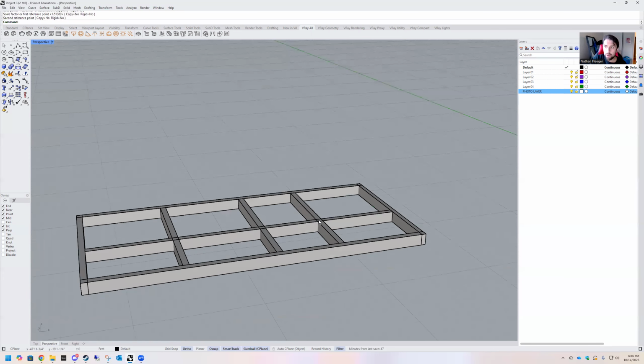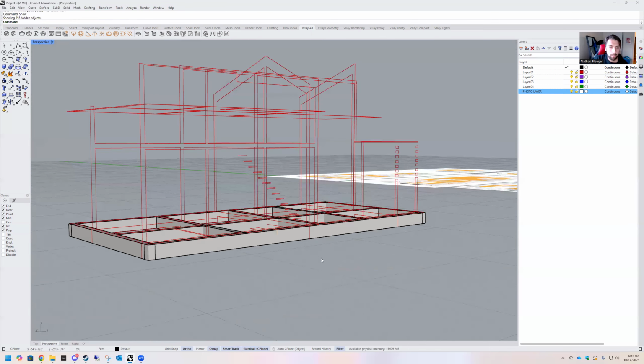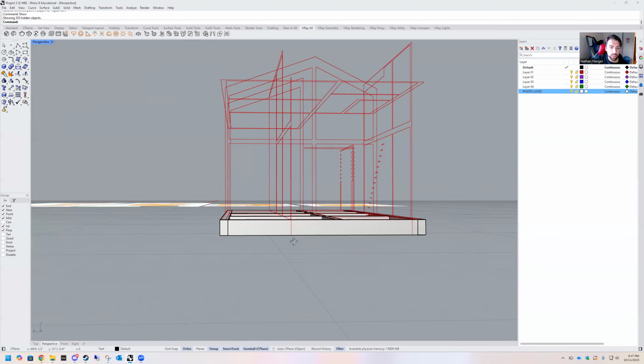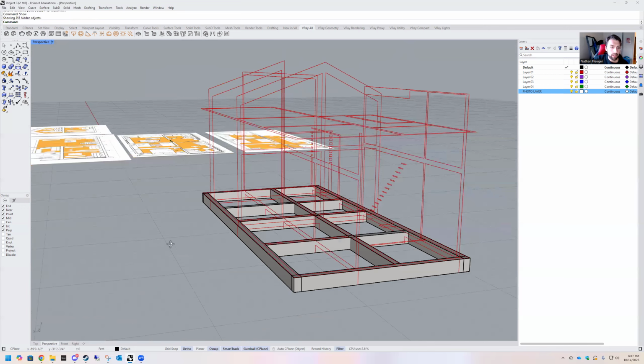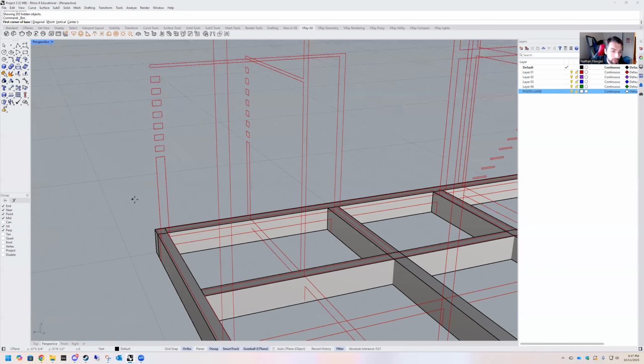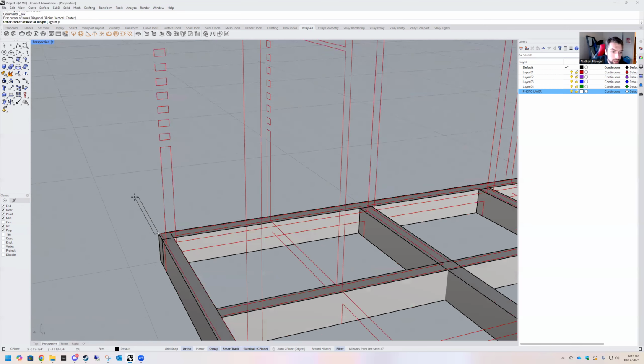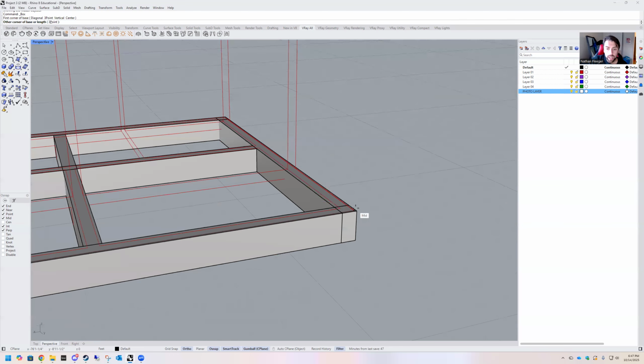Right, so there's our foundation piece. So we hit show, can't type today. We also know there's going to be a floor slab on top of this, or actually kind of embedded within it. So if we just go ahead and grab our edges,